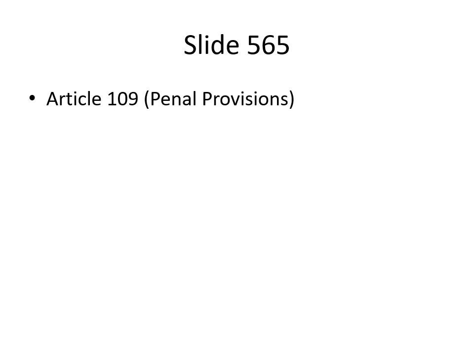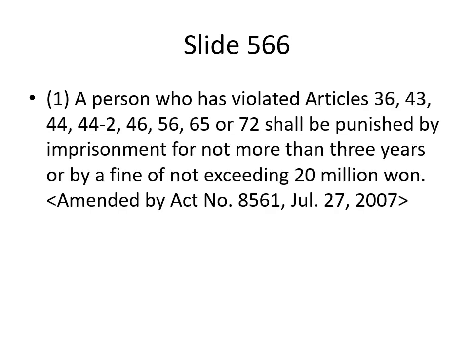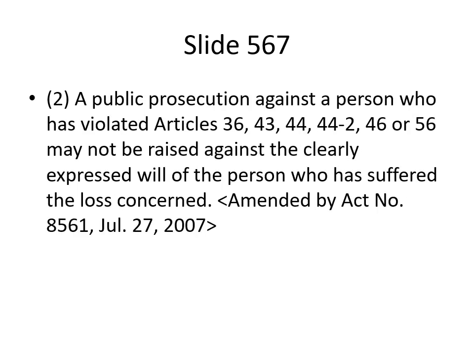Article 109, Penal Provisions. 1. A person who has violated Articles 36, 43, 44, 44-2, 46, 56, 65 or 72 shall be punished by imprisonment for not more than 3 years or by a fine of not exceeding 20 million won. <Amended by Act No. 8561, July 27, 2007> 2. A public prosecution against a person who has violated Articles 36, 43, 44, 44-2, 46 or 56 may not be raised against the clearly expressed will of the person who has suffered the loss concerned. <Amended by Act No. 8561, July 27, 2007>